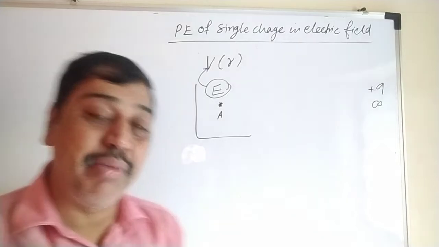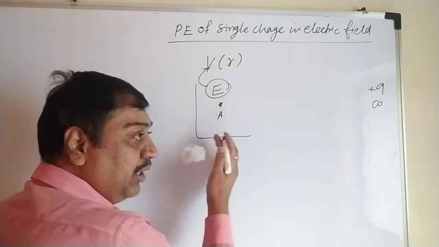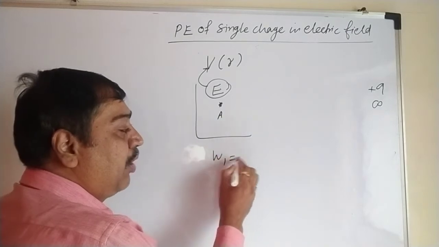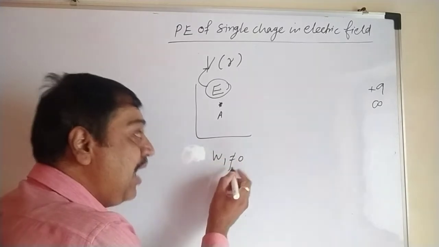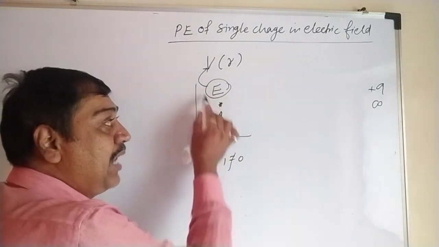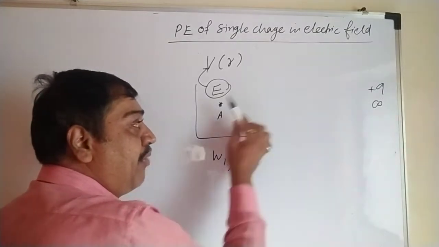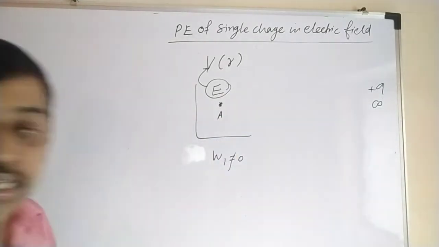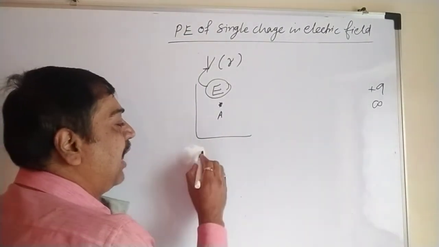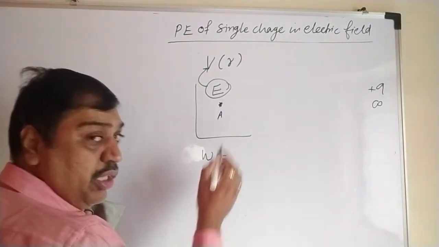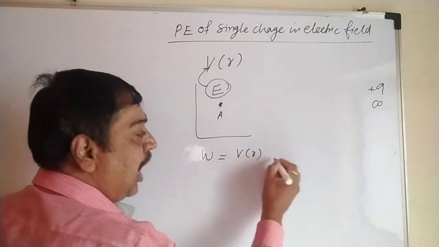Now initially, if you remember, without this electric field, what is the work done to move the first charge to point A? W1 equals 0, we assume, if you remember. But in this situation, it will never be 0. Why? Because here there is already an electric field, so there must be work done to move the charge Q from infinity in this electric field E. And that work done, suppose it is W, equals electric potential due to this electric field, V of R, into the charge to be moved.